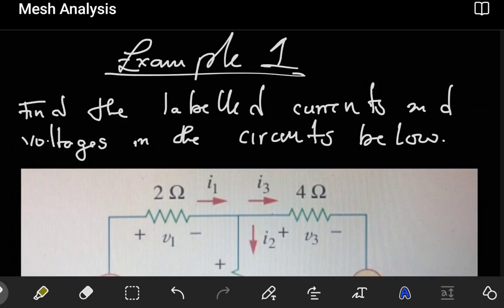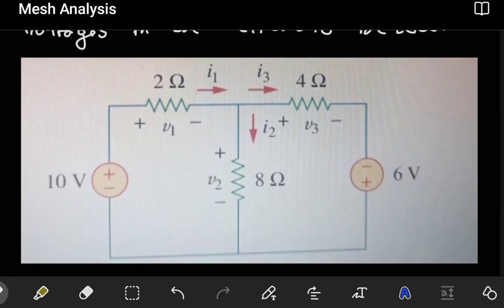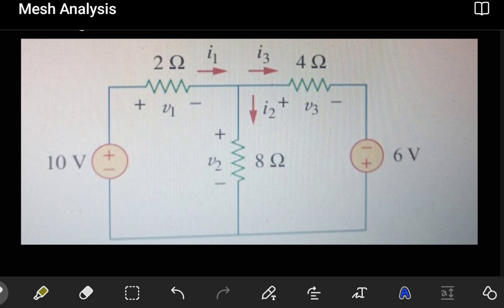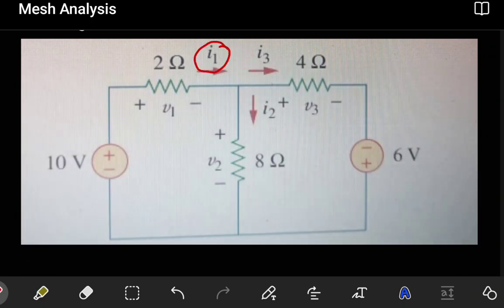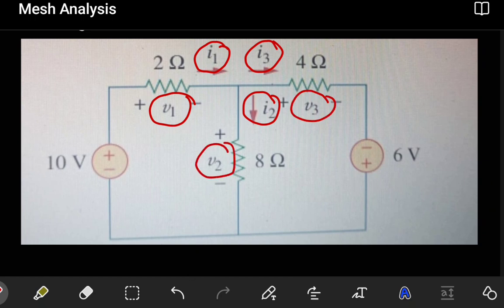In this example, they're asking us to find the labeled currents and voltages in the circuit. Now, which ones are the labeled currents and voltages? So if you look closer, you find that we have I1 labeled here, I3 here, and I2 here. Then you have a voltage source here, a resistor, a 2 ohm. These are given, but then we have voltage V1 and voltage V3 and also voltage V2. So these are the 6 variables that they want us to find, and in this case we want to use